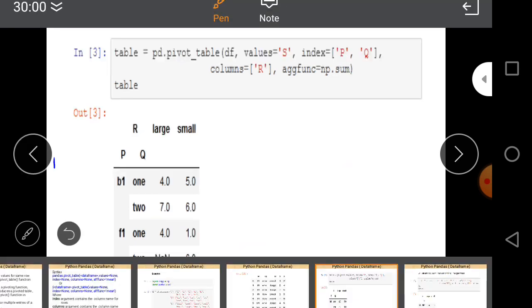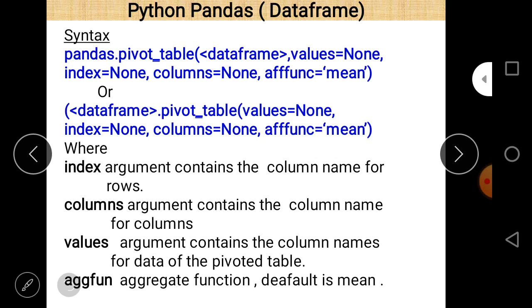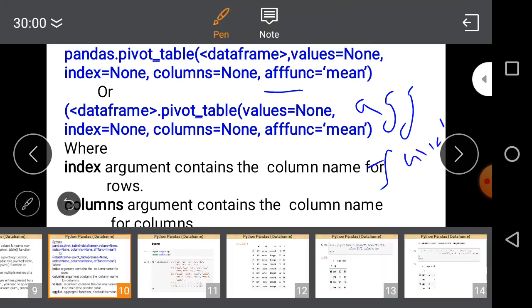One thing is also very important in our example or syntax. There is a declaration of AFFUNC. Actually it is the aggregate function, so this is actually AGGFUNC, aggregate function.